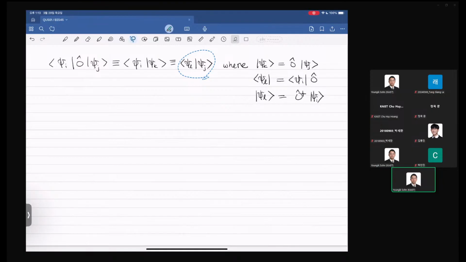To wrap up, there are lots of ways of rewriting this. You can also choose to write it this way. It's a bit clearer what it means. You apply that operator to the quantum state and then get